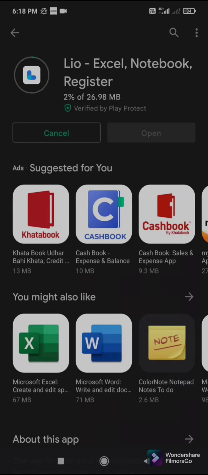Till then, I can tell you a few more things about this app. You can lock this app with a PIN number, like you do in Google Pay or PhonePe, so there will be more privacy and it will be more secure. You can also create many folders in it. The app supports many languages, like English or Hindi. There are profile settings also, and there is 24x7 phone support. Whenever there is any glitch or difficulty, you can reach out to them. It's almost downloaded, so let it be installed.